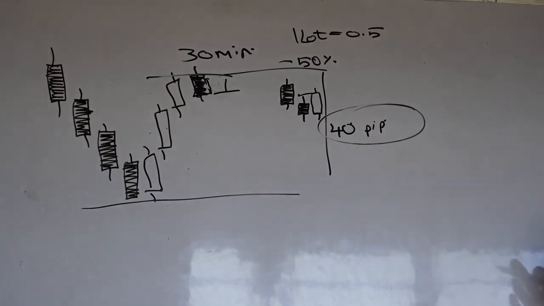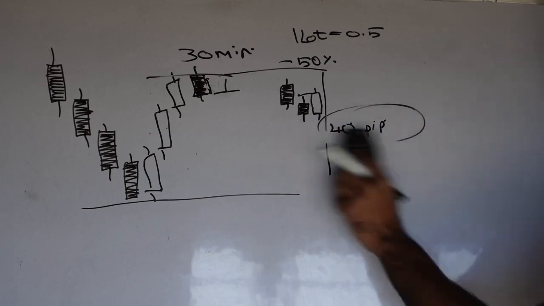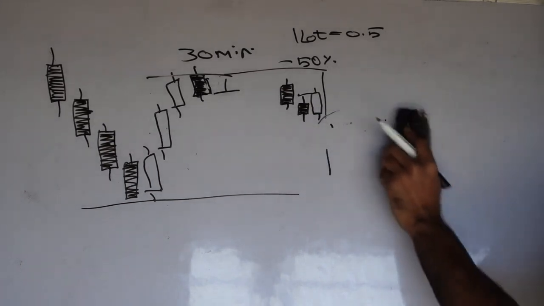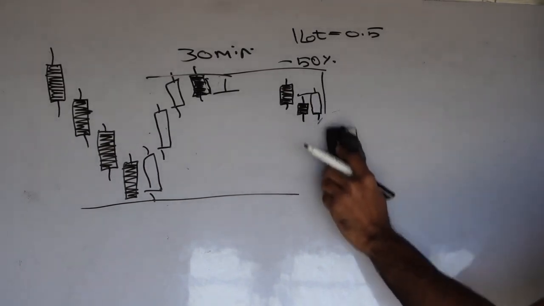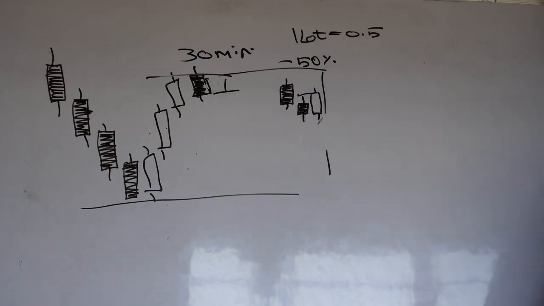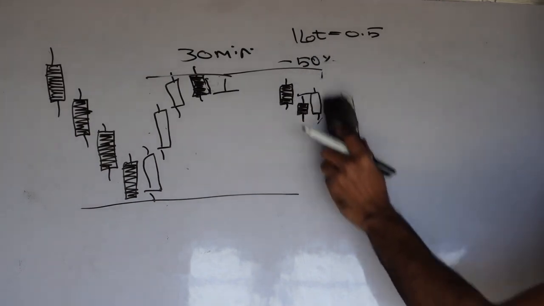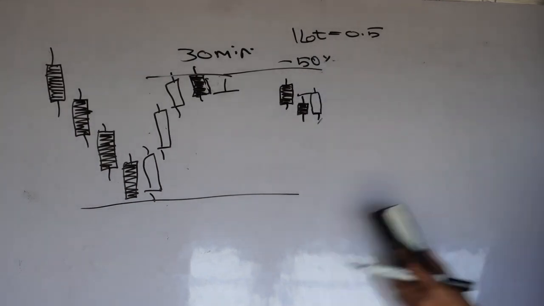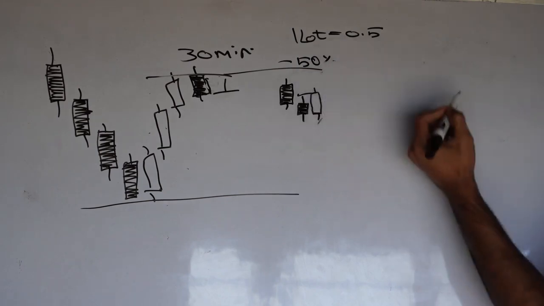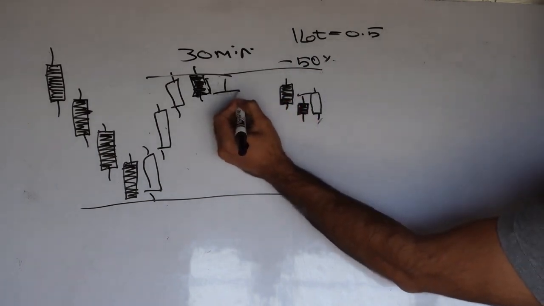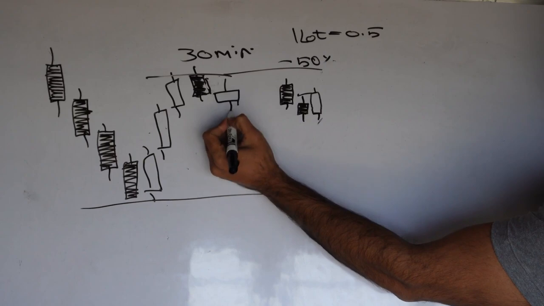You're like, okay, you know what? I don't know whether the price is going to continue to push down. It's going to push up. So either way, you managed risk and you closed 50%. Once you've closed 50%, now you're waiting to see how price is really going to move, right? So let me remove these lines over here because we're going to be using this as well, right? So let's say now the 30-minute candle starts to close